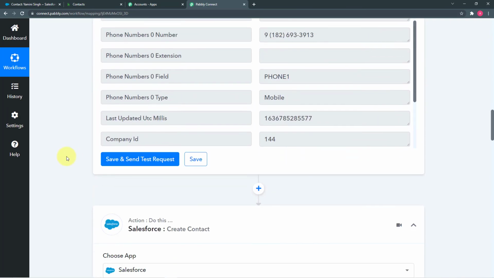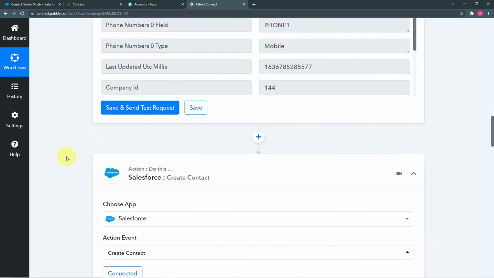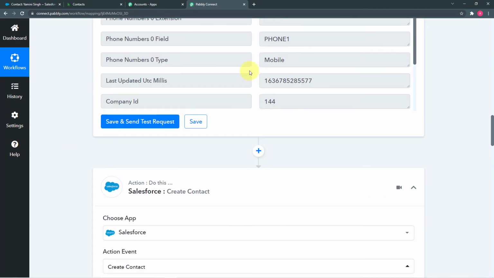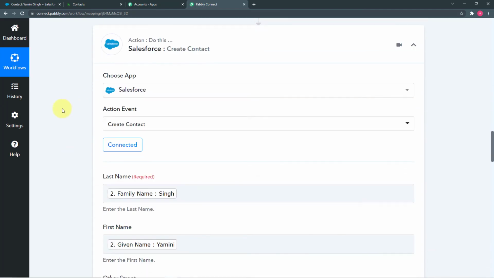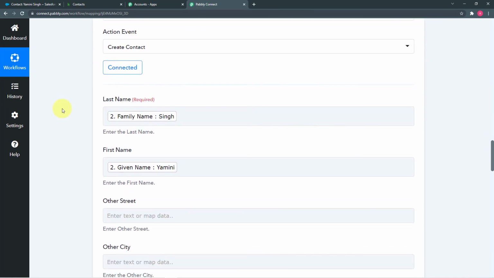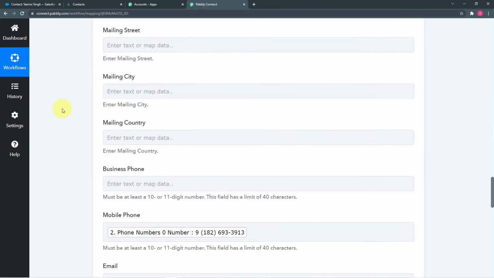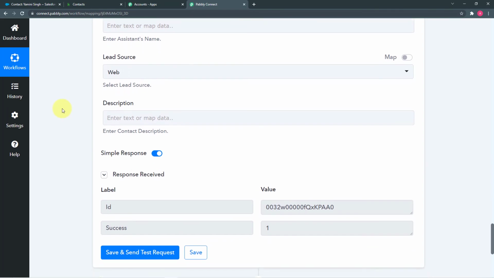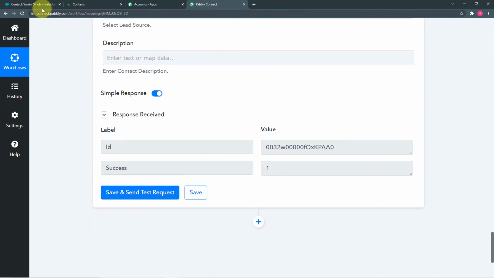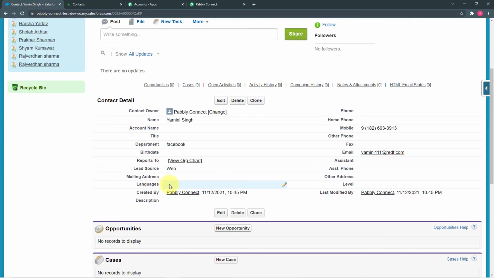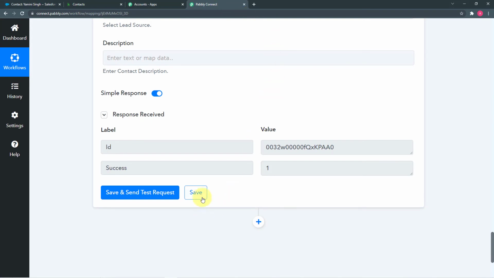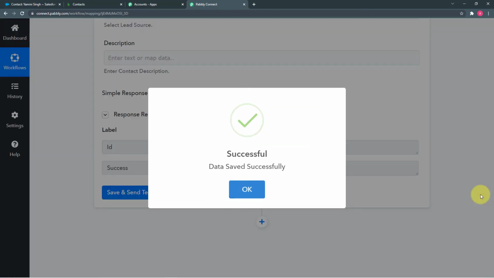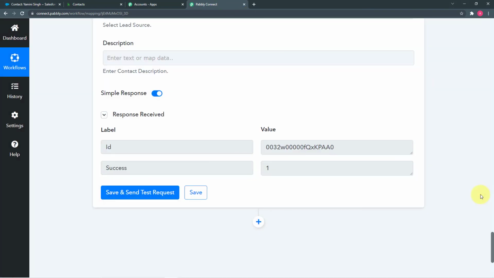After that, in another action window, we connected Salesforce to send this same data as a new contact in Salesforce. So we mapped the details that we have. And when I click here on save and send test request, you have seen that a new contact is automatically added here, right? Now you just click on save. Okay, so the workflow is completed.